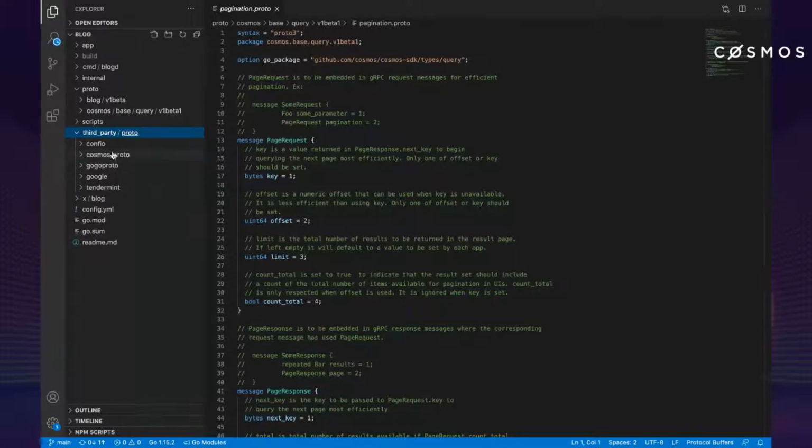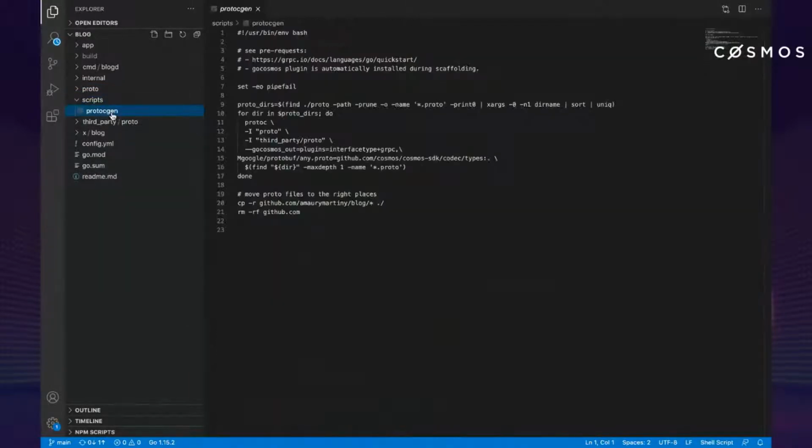Tendermint, Cosmos proto. It's also something we're maintaining from the Google proto library. I'll explain a bit what that is, and also from Confio. Basically, all third-party proto files that our blog's proto file might need. We need to put them all together inside our repository for them to be referenced. And we have this script in scripts called protocgen. This script will basically look into all the proto files in the correct folders, like the third party and the proto folder. We'll just look into all these folders, look for proto files, and compile and generate the code